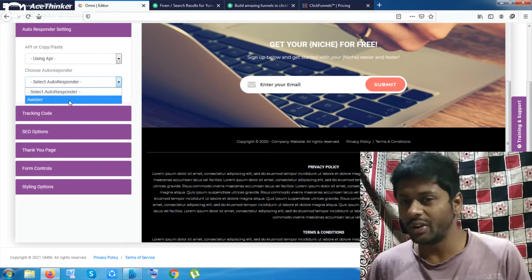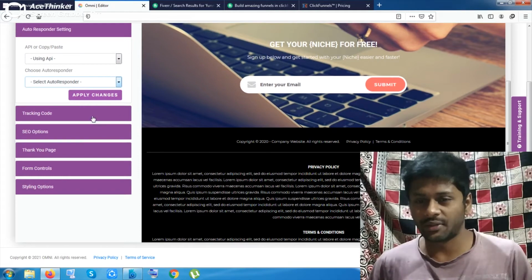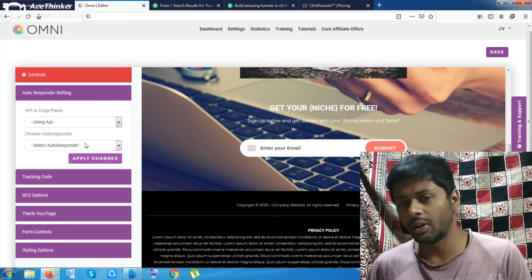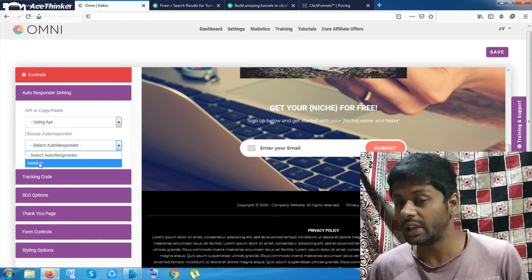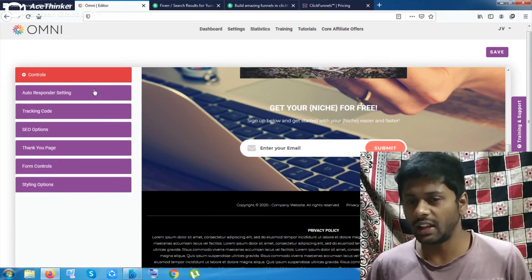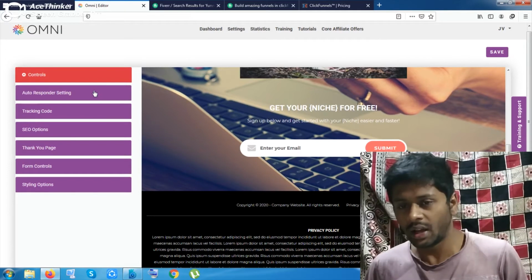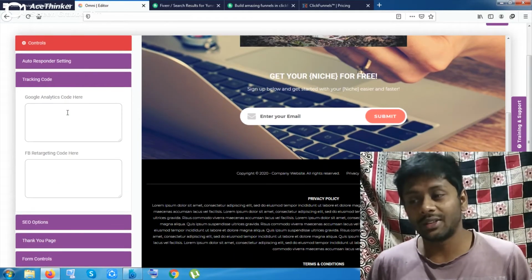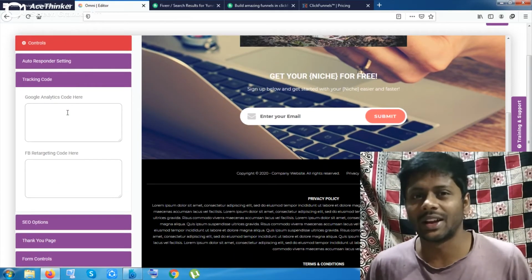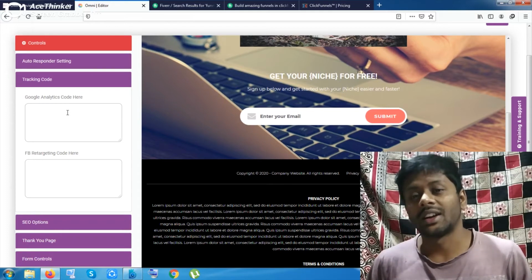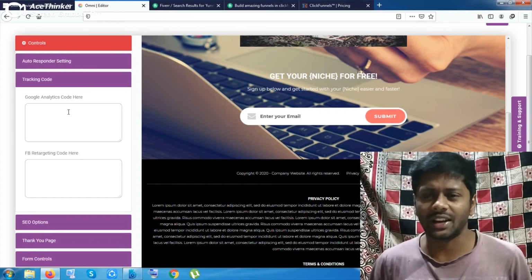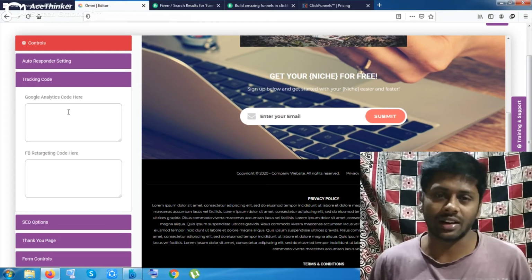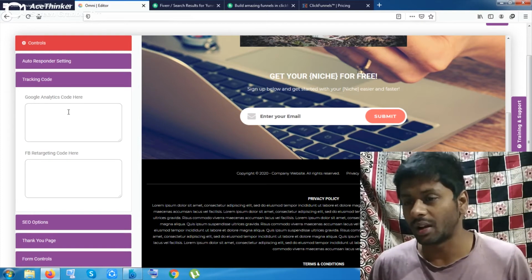So they are providing the Aweber facility inside the front end section. This is the front end section, and maybe inside upsells they only give you the Aweber facility. If you are an Aweber user, you can get the facility, and Aweber is one of the most popular autoresponders outside in the market. You can use the tracking code to track your emails, whether those are coming from tier 1 countries or not, and from where the traffic you are getting is coming, the people who are interested in your stuff.